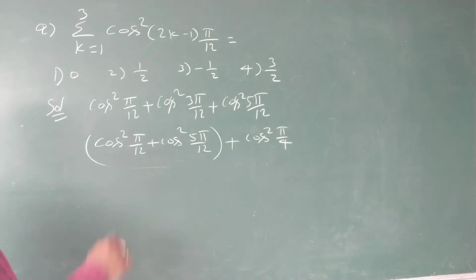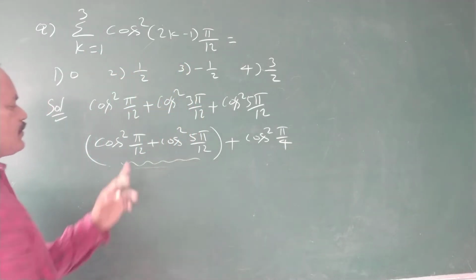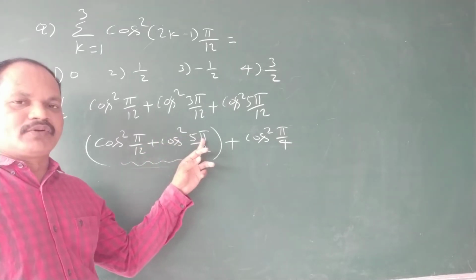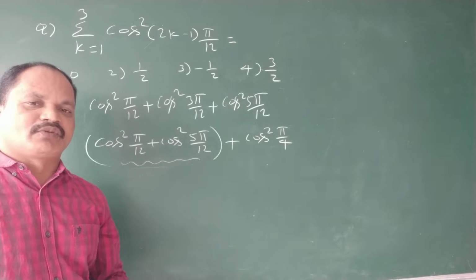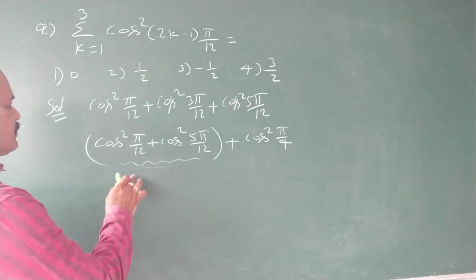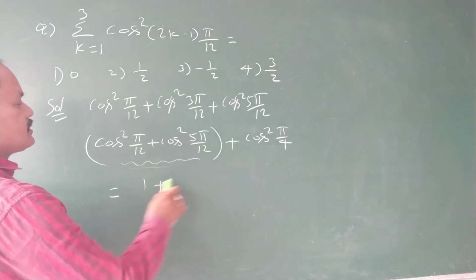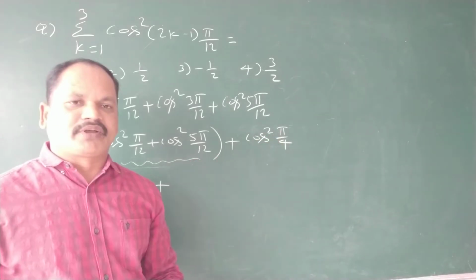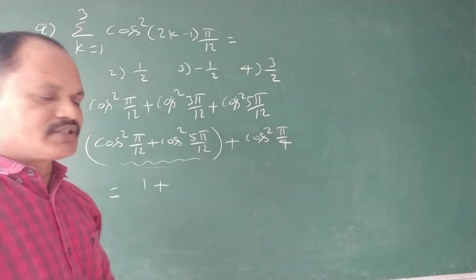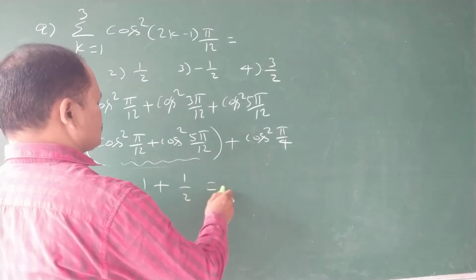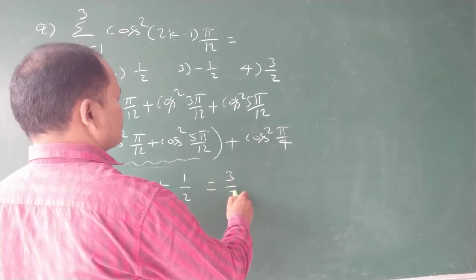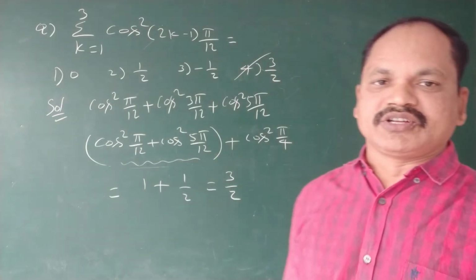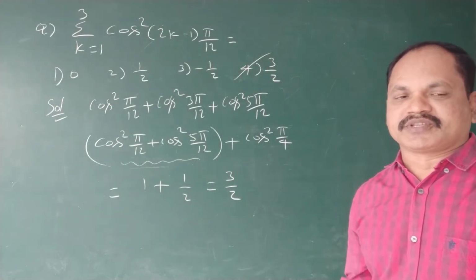According to the complementary angles, alpha is pi by 12, beta is 5 pi by 12, so alpha plus beta is 6 pi by 12, which is pi by 2. That's why it is 1 plus cos square 45, since pi by 4 is nothing but 45 degrees. Cos 45 is 1 by root 2, its square is 1 by 2. That's why it is 1 plus 1 by 2, which is 3 by 2. That is the fourth option. So these questions depend upon the complementary angles in terms of sine and cos.